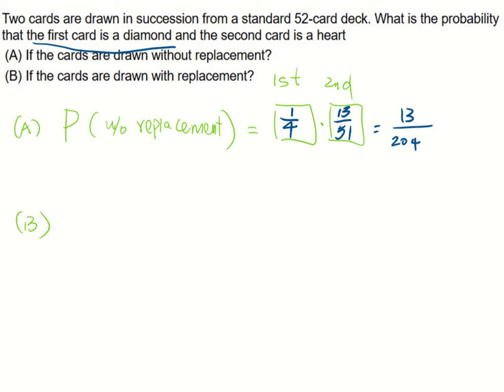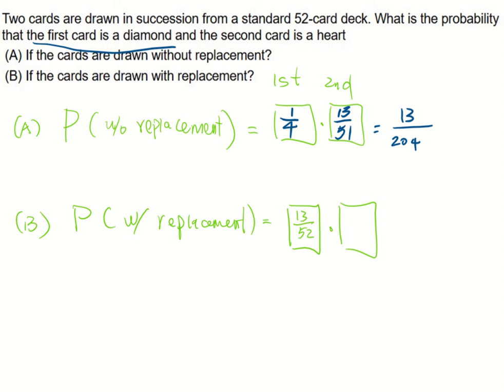Now let's look at question B. What is the probability that the first card is a diamond and the second card is a heart if the cards are drawn with replacement? Okay, similarly, it's still the probability of the first card times the probability of the second card is equal to our answer. What is the probability that the first card is a diamond? Well, it's also 1/4. This time I'm going to write 13 over 52,